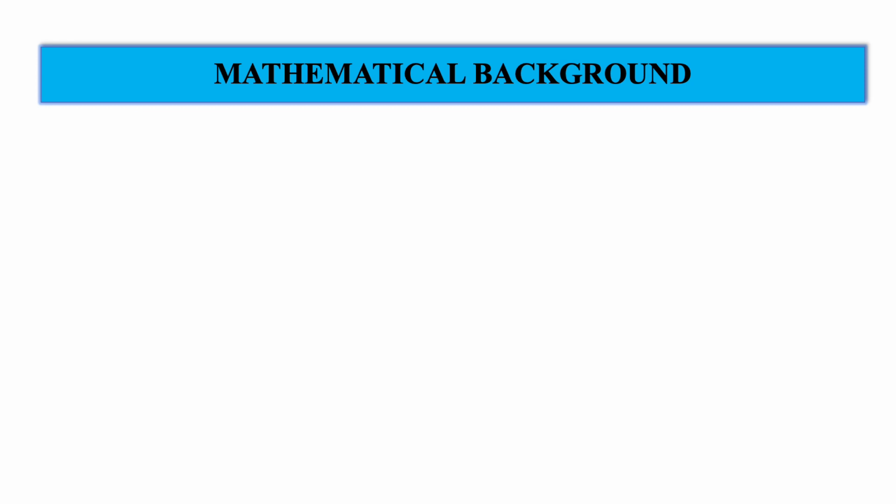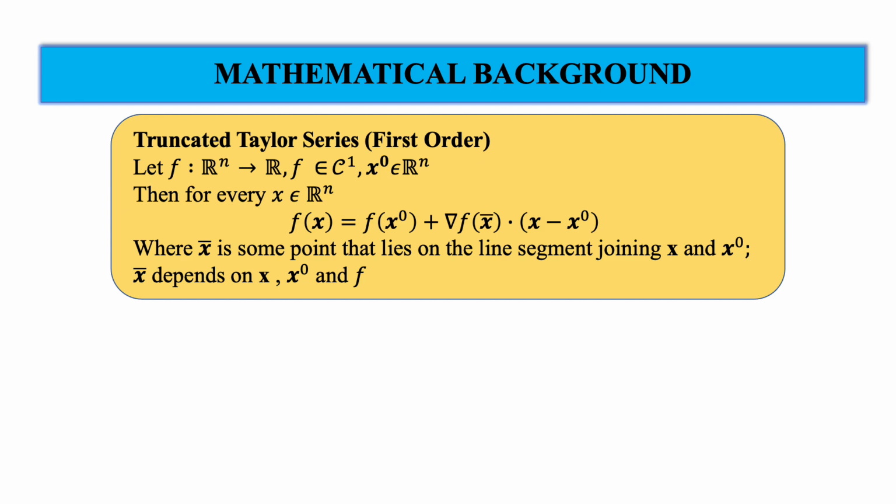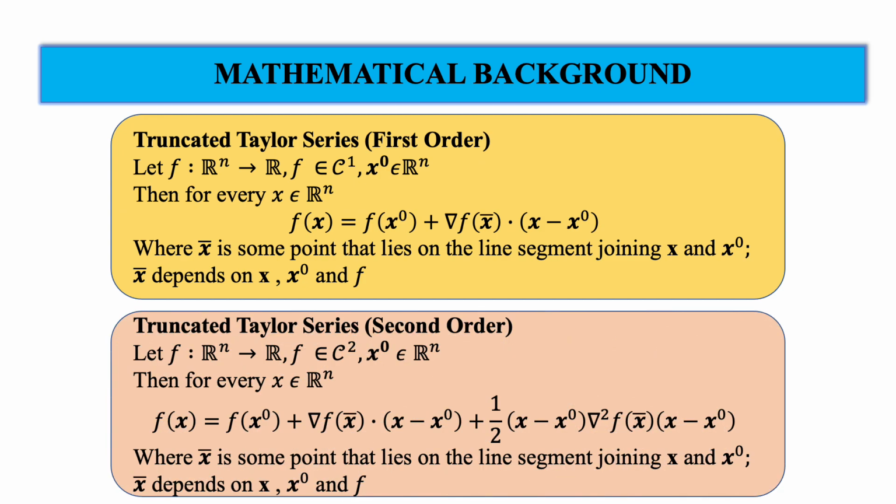Now we will see what the truncated Taylor series are. The truncated Taylor series is restricted basically to functions where f belongs to C1 and f belongs to C2. So this is the truncated Taylor series for first order. So f(x) around x naught